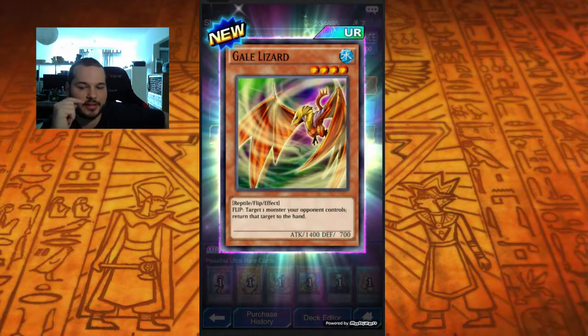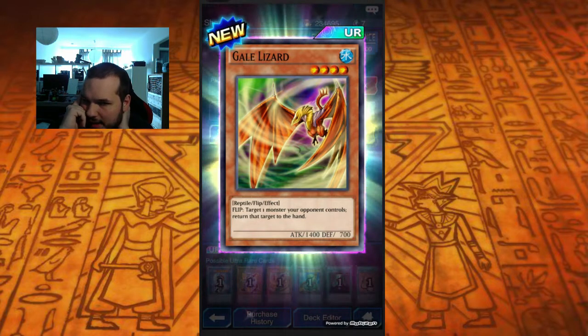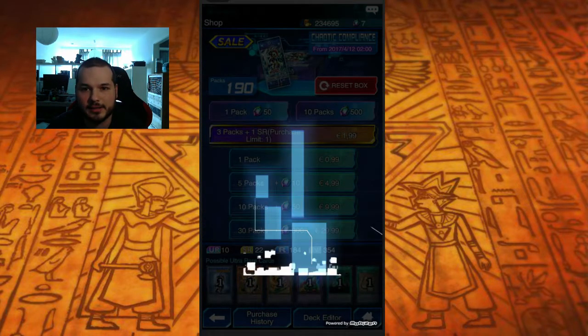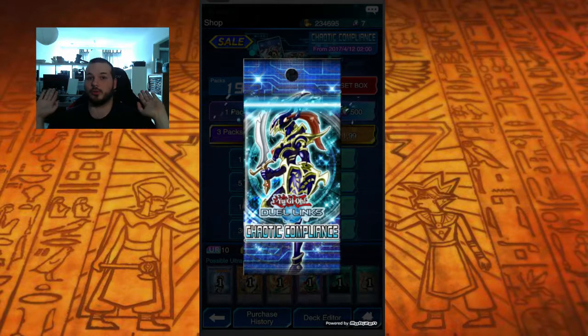I don't get why that's ultra rare. I mean, yes, it's the same as with Hain. I mean, it's a good effect, don't get me wrong, and it is way stronger than Hain. But I don't get it. I mean, I'm glad I got an ultra rare, I won't lie, but...